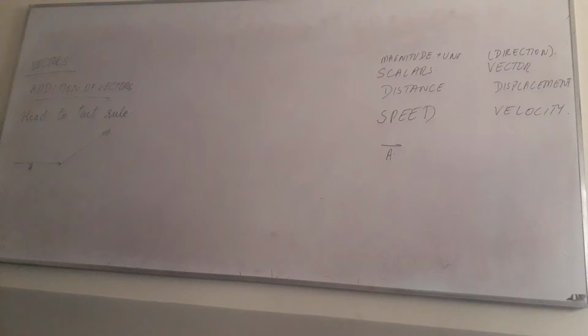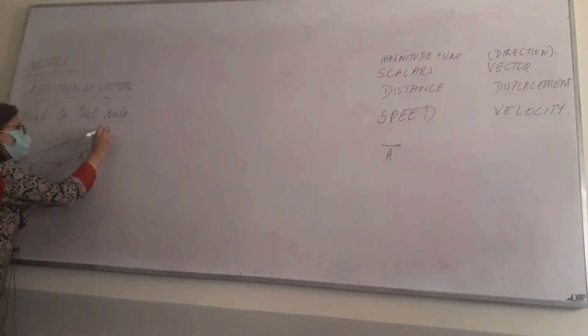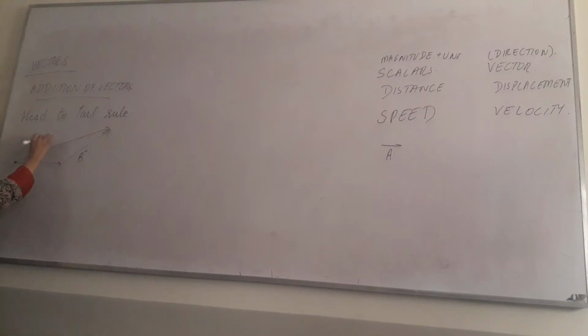Sometimes direction is given in terms of degrees, angle, and sometimes it's given in terms of north, south, east and west. So we are not going to change the direction, we are going to place the vectors according to the directions that are given in the statement, but we will arrange them in head to tail manner. And then after arranging them, we will connect the tail of the first to the head of the last, and this will be the resultant vector. So this method is known as the head to tail rule. So this is addition of vectors.